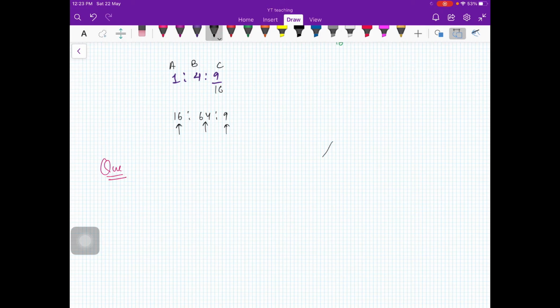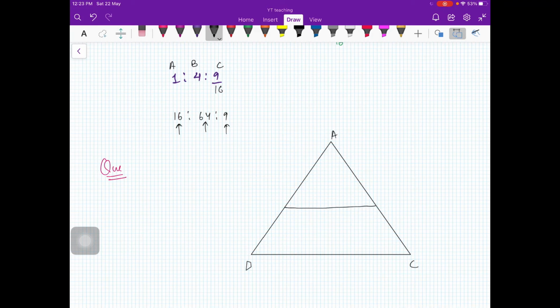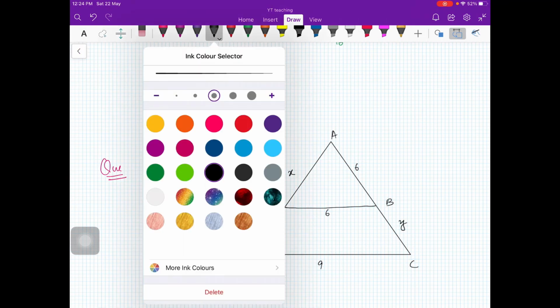I'll write it down. So I'll give you this. You have a triangle here, triangle ADC. Then you have a line here, and you have EB. Okay, so I'll just put some 6 here, 6 here, 9 here. This is 4, and this is x, and this is 5. So my question is, first one is,